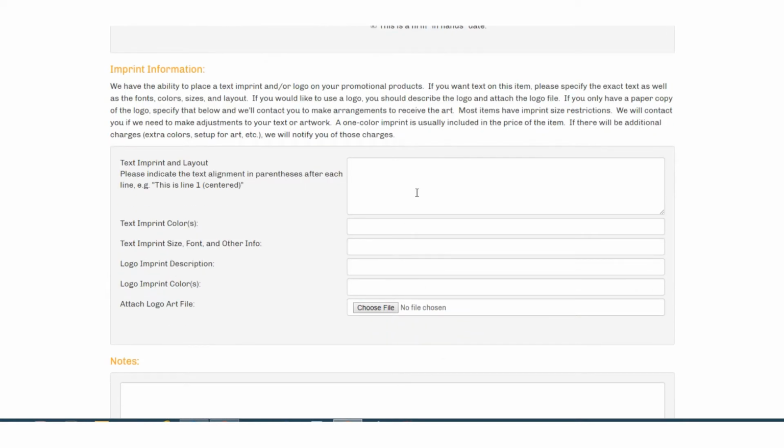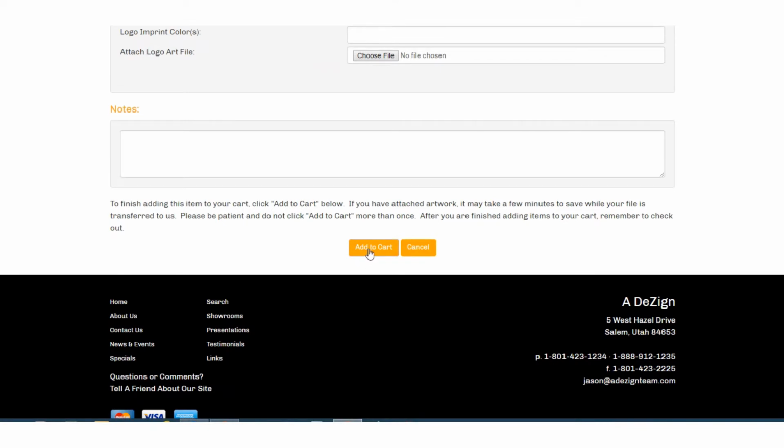Now remember, whenever you're doing decoration on blank goods like shirts, hats, jackets, you're buying them blank, and you need to add decoration to them. Things like pens, folders, watches, those come with a logo included in the cost. But embroidery is so specific and so custom that we sell the products blank, and then you add the decoration to it, and I'll show you how to do that. So for this, we have a blank polo, so there's no need to fill information out right here. So we add this to our cart,